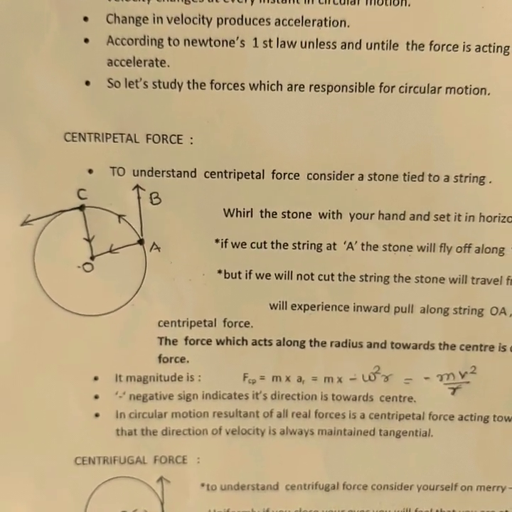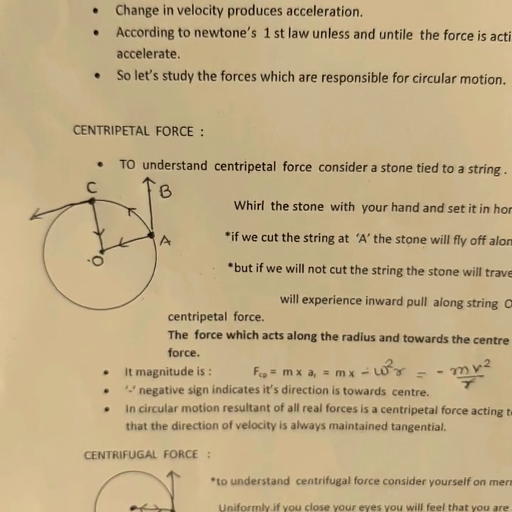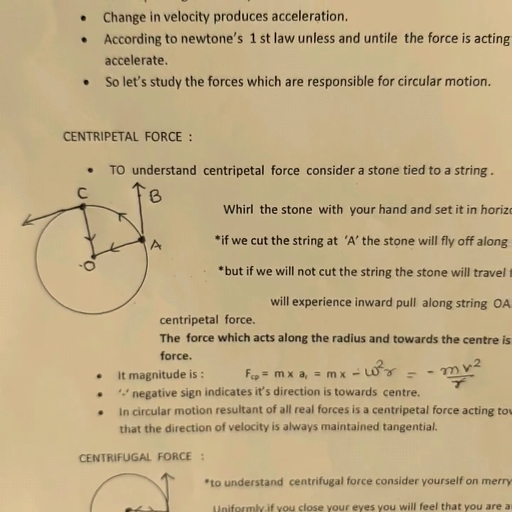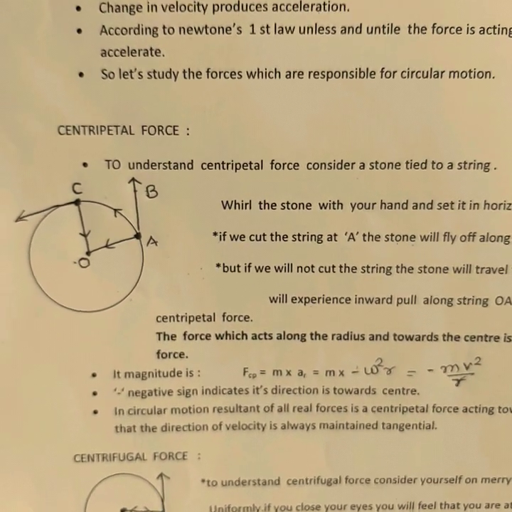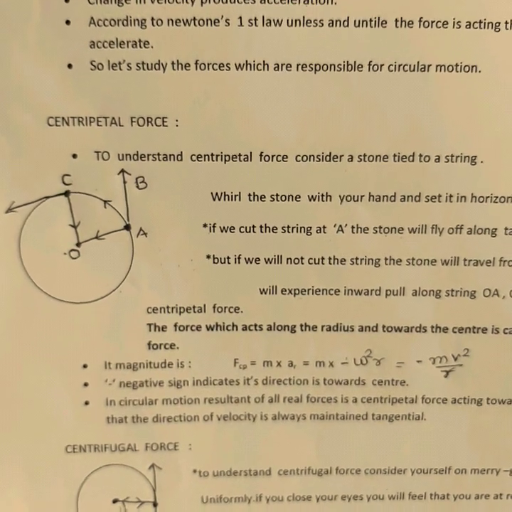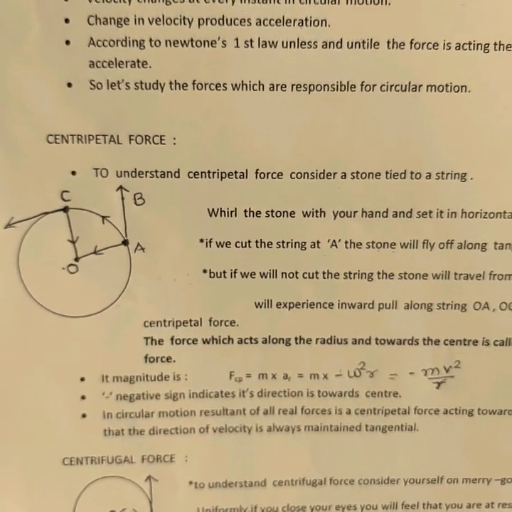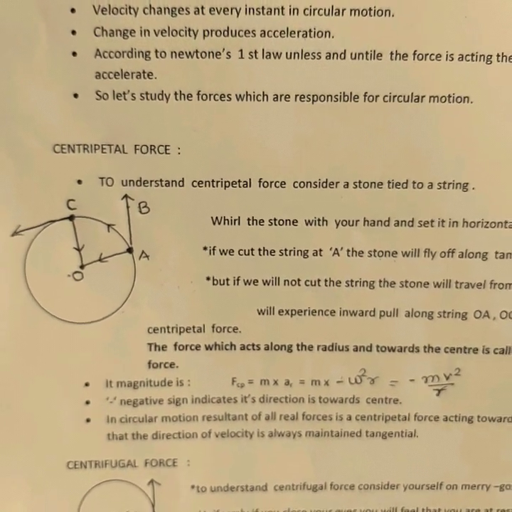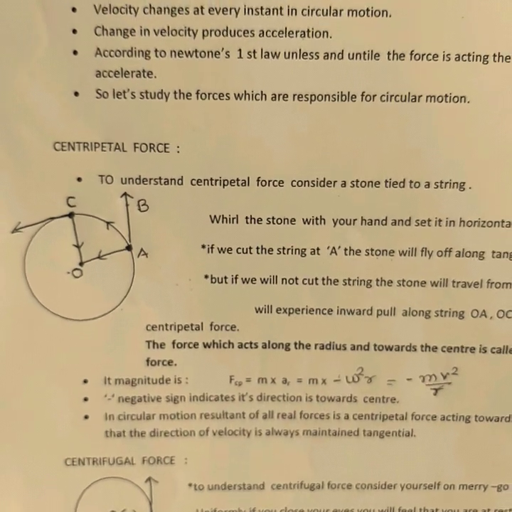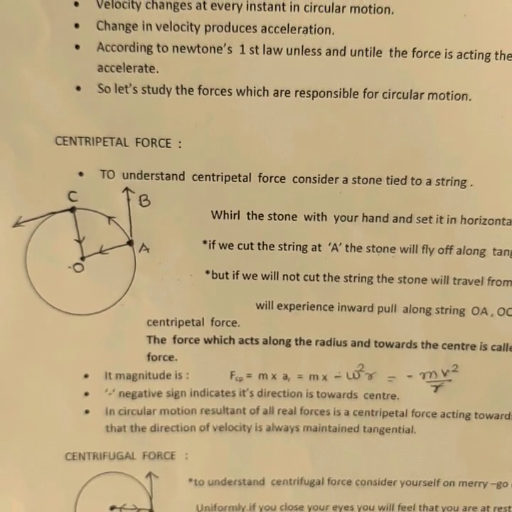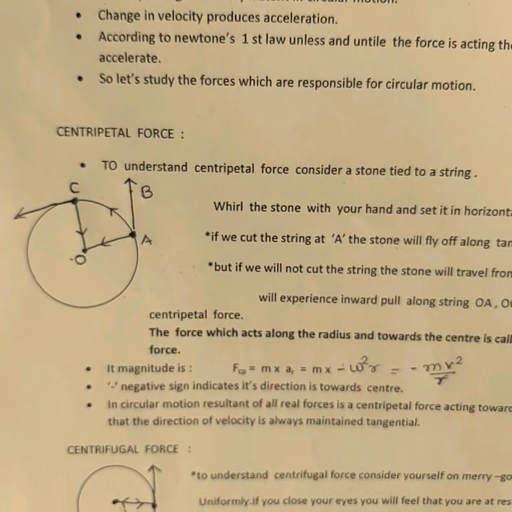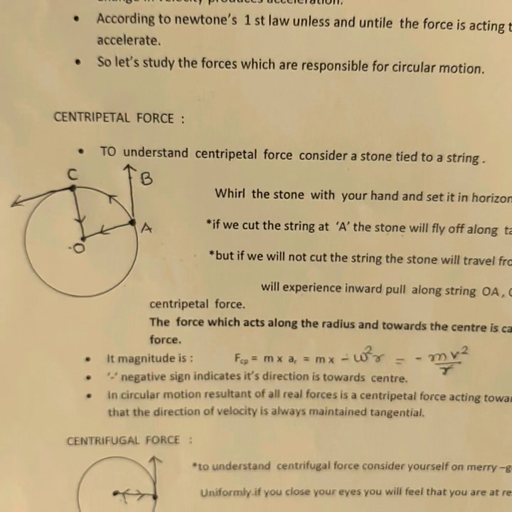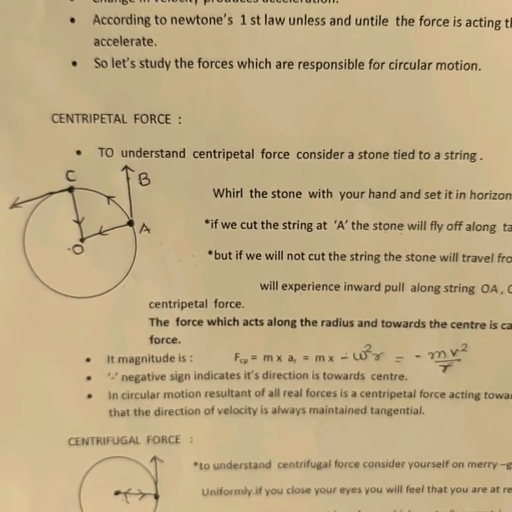Due to this inward force, instead of going towards B along the tangential path, it will turn from A to C, and this inward force is called centripetal force. The force which acts along the radius and towards the center is called centripetal force,